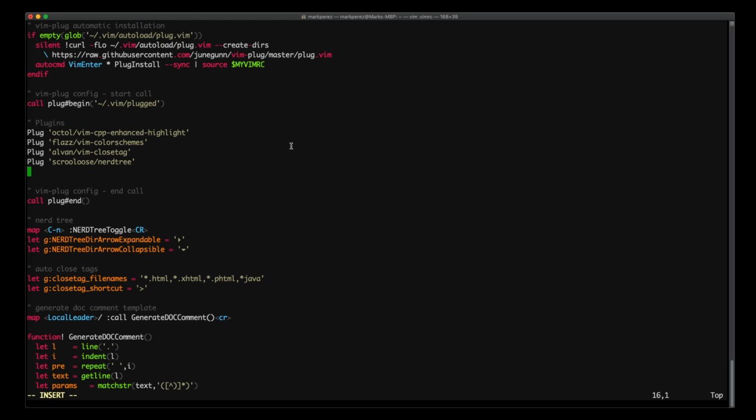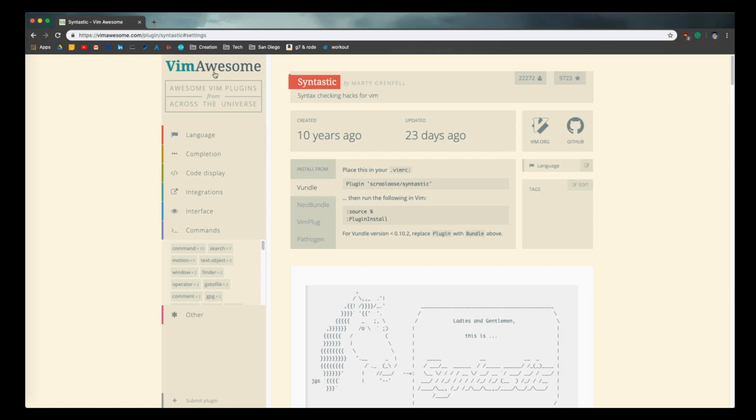There's an awesome website that you can go to, and it has a list of plugins that you can play around with and see which one will work best for you, which one will make you code more efficiently, which is again vimawesome.com. So let's open that website. So as you can see,